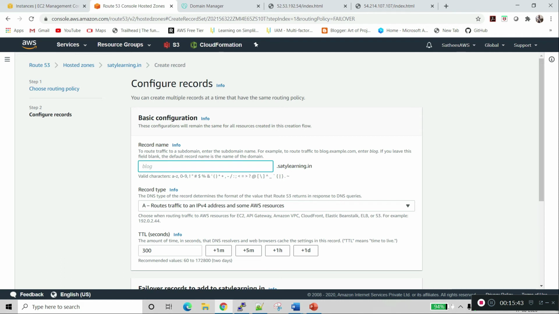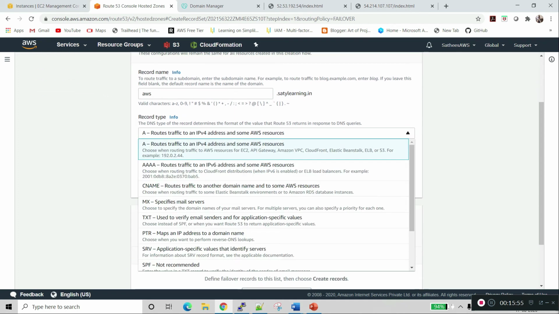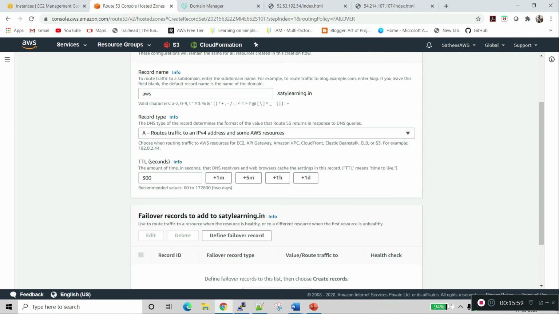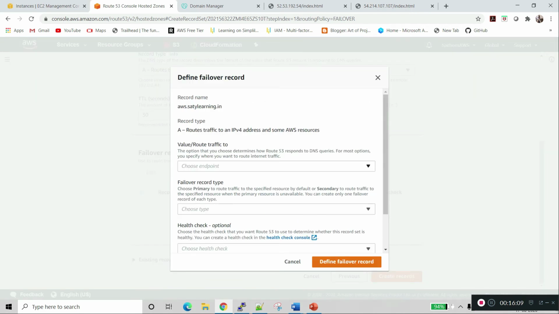Here we can give the subdomain name. I am giving aws. It's not mandatory because satlearning.in is working fine. We will take record type A, the IP address, and we will change the TTL to 30 seconds so that we can test this fast.